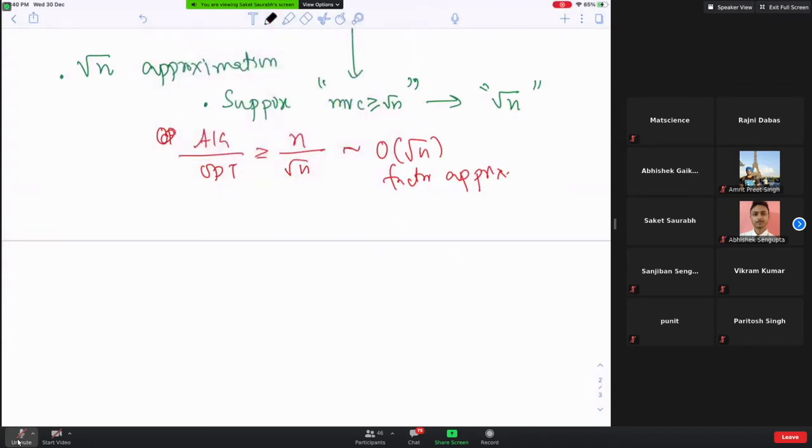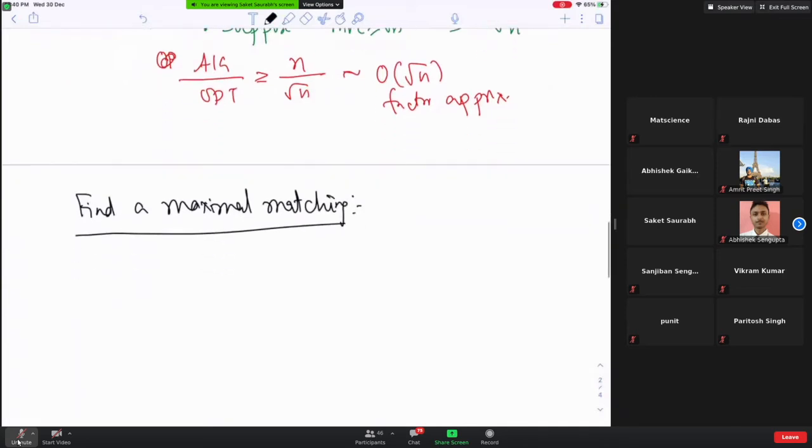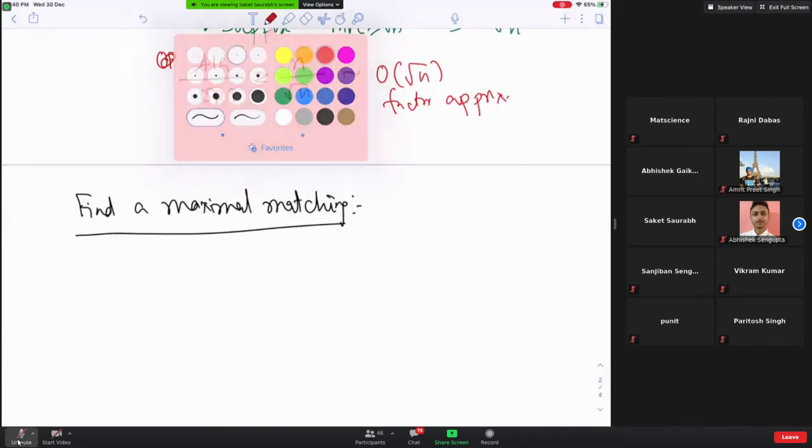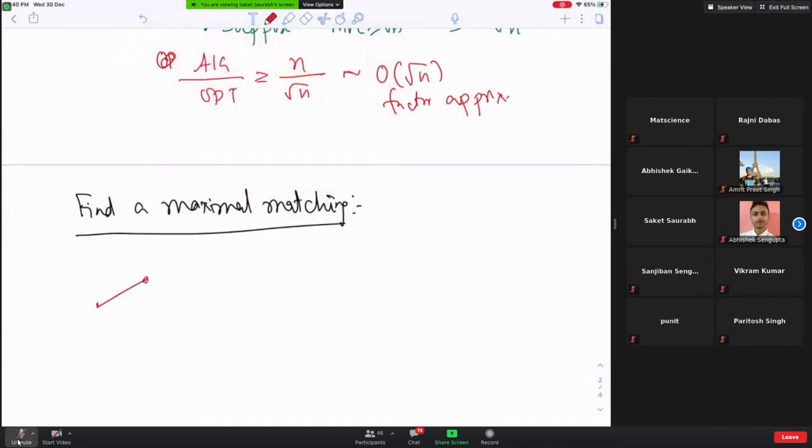So what I do, I start to find a maximal matching of a graph. This is easy, right? I find an edge and put it in my extra space. This is my extra space. I find another edge which is not an endpoint of this. I can find it, right, because I have stored it, and so on and so forth. I keep doing it.